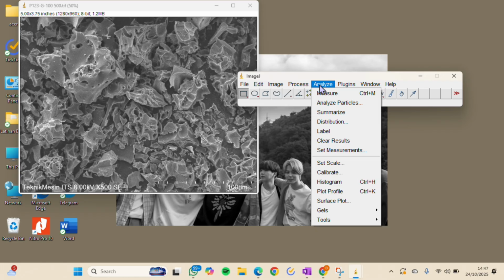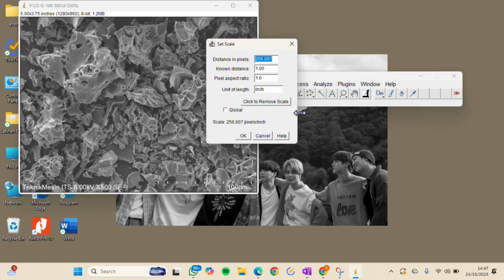Then click analyze and set scale and make sure the scale is still set to 0, and change the unit of length into nanometer.